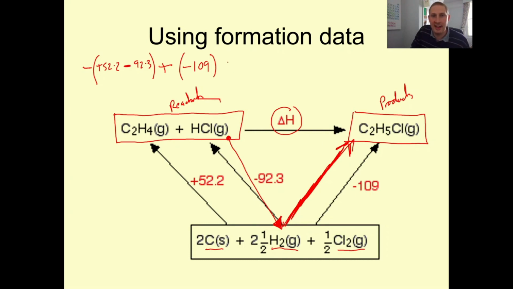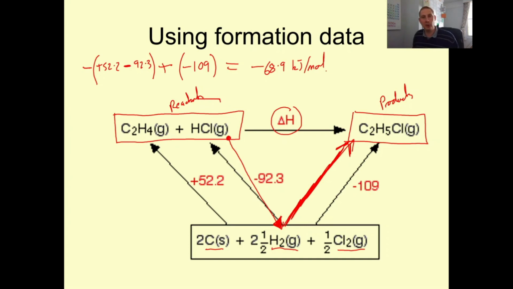So the answer to this, the actual enthalpy change of this, is minus 52.2. Because we're going against that arrow. Minus minus, so plus 92.3. And then we're going with the minus 109, so minus 109, which gives us an overall answer of minus 68.9 kilojoules per mole. We could have done this from bond energy data, but actually formation data is much more